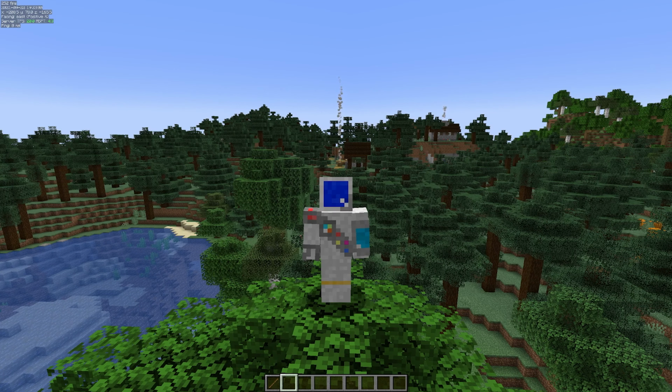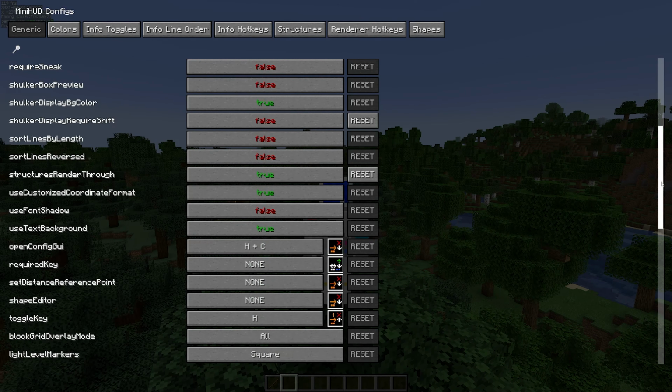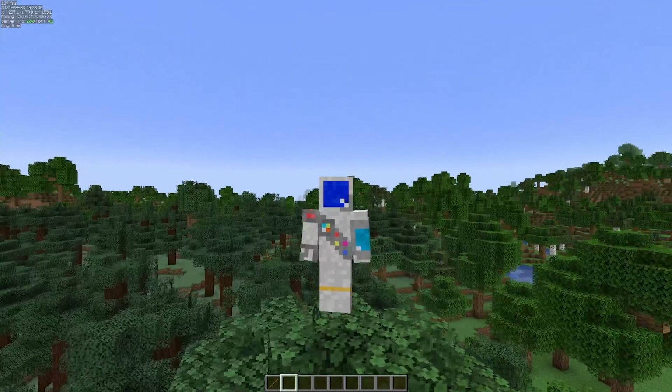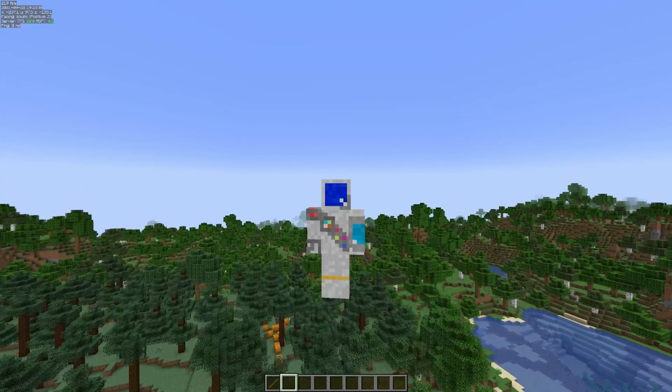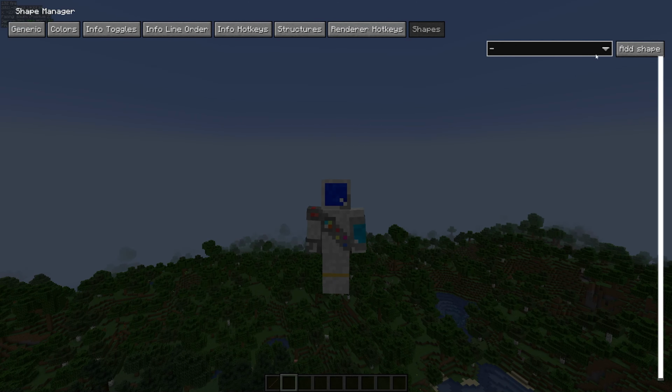So if I hold H and press C, it brings up a Minihud configs menu. And as you can tell, there are a whole bunch of options you can have. So what I have in the top left is kind of what I mainly use it for. Another thing you can use it for, if I just get a bit higher, is if I go to shapes,